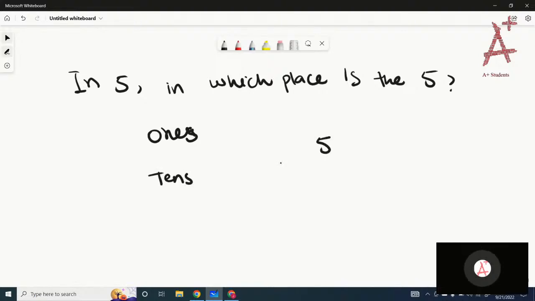So you have only one digit, and the rightmost is always the digit at the ones place. So which is the correct option? Yes, very good. So 5 is at the ones place. Select the correct option and then click on the OK button so that we can move on to the